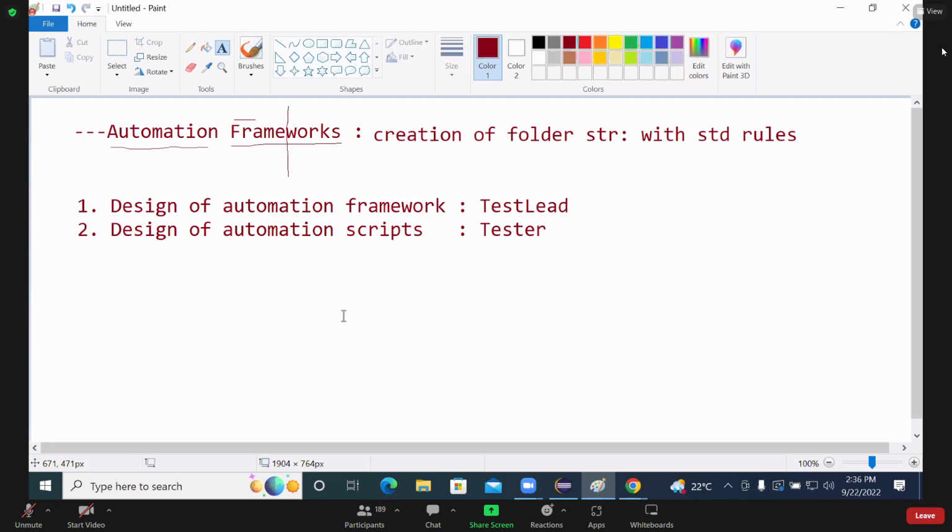Creation of folder structure with standard rules. As simple as you have to take care of creating the folder. So how will you create the folder? Right click, new folder. If you want to create a new folder, you will just right click and choose new folder. But as part of automation framework,